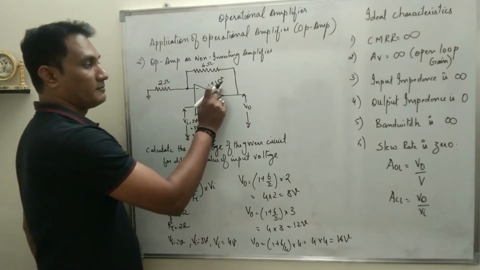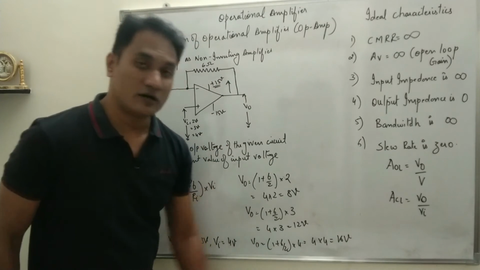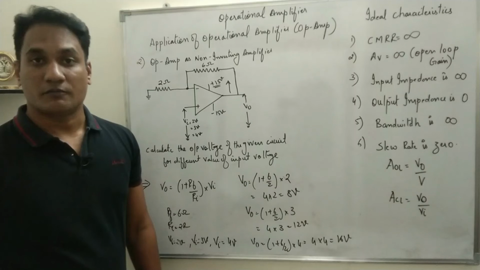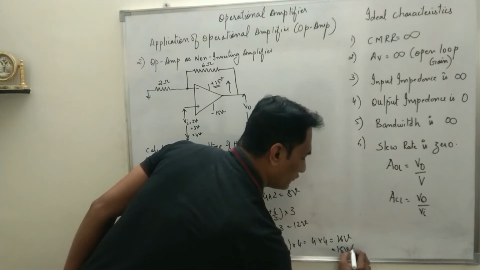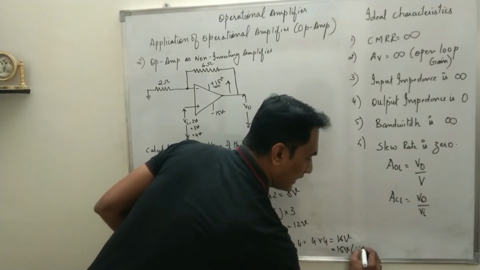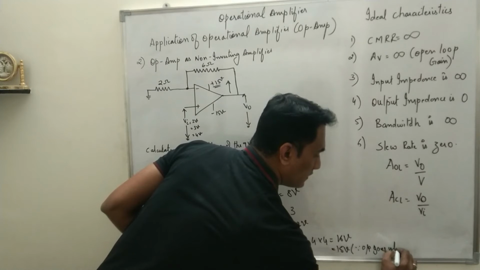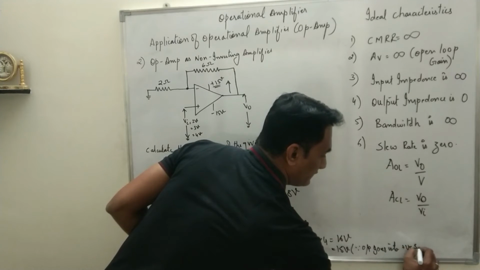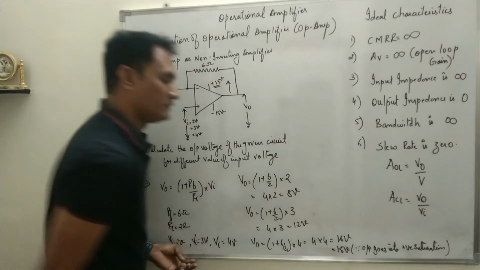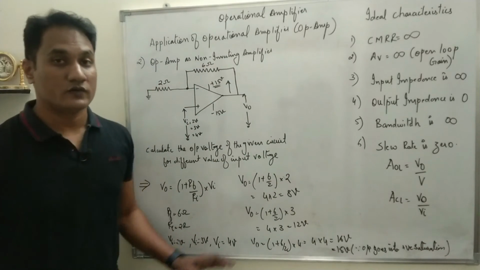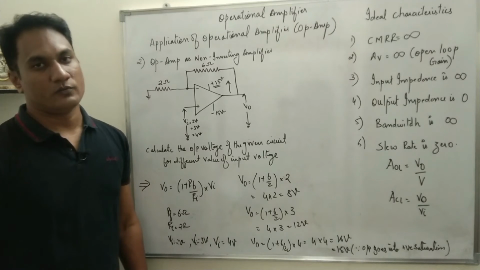But what is the maximum saturation level at the positive? It will be plus 15. So the answer cannot be more than the supply voltage. So it cannot be 16 volt. It will be 15 volt. We have to write, since output goes into positive saturation. Okay, so this is how we have to mention it. This question will be asked for 3 marks. I hope you have understood.